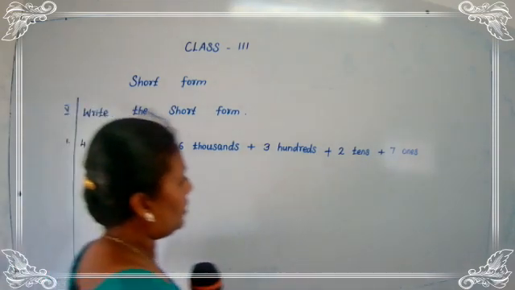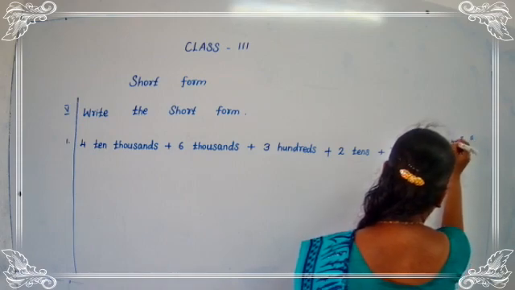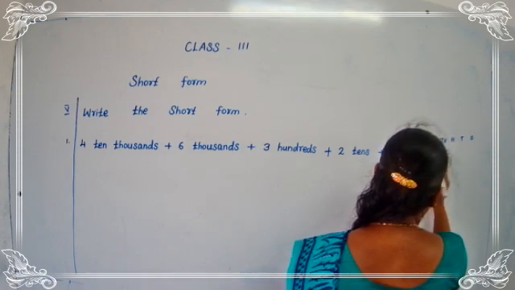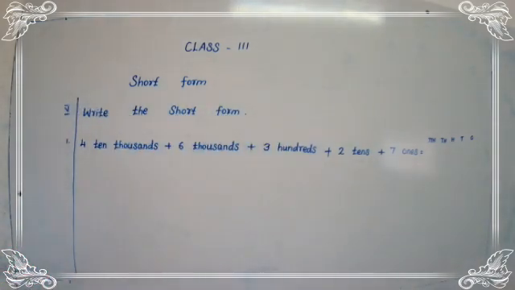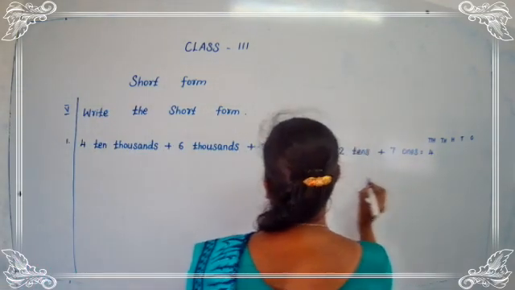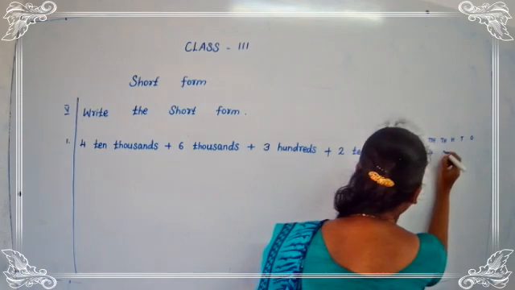Now you have to write the first one. You mention here ones, tens, 100, 1000 and 10,000. Okay, first you have to see the first one for 10,000. 4 is in which place? 10,000 place. So we have to fill with 10,000 in 4. Then how many thousands here? 6,000. So in the 1000 place value you have to write 6.